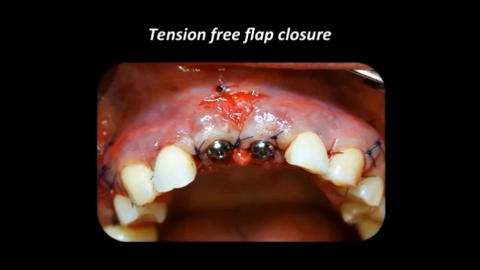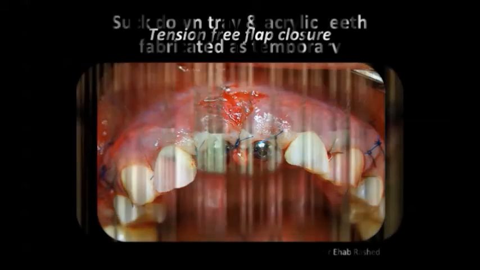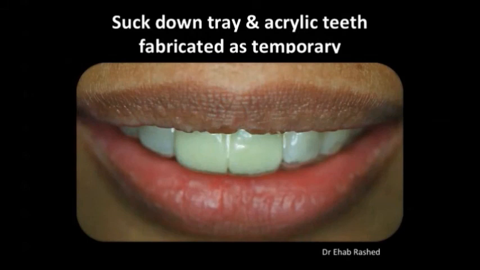As you can see, the area where I did my vestibulotomy is still intact. There is no exposure. There is a thick tissue, so the membrane is covered, the mesh is covered, and everything is intact. As you can see, we extended the site 2 teeth to the distal and 2 teeth to the other distal side as well, and we close it freely without any tension. We try to save the papilla, as you can see, and the patient goes home with the suck down tray,